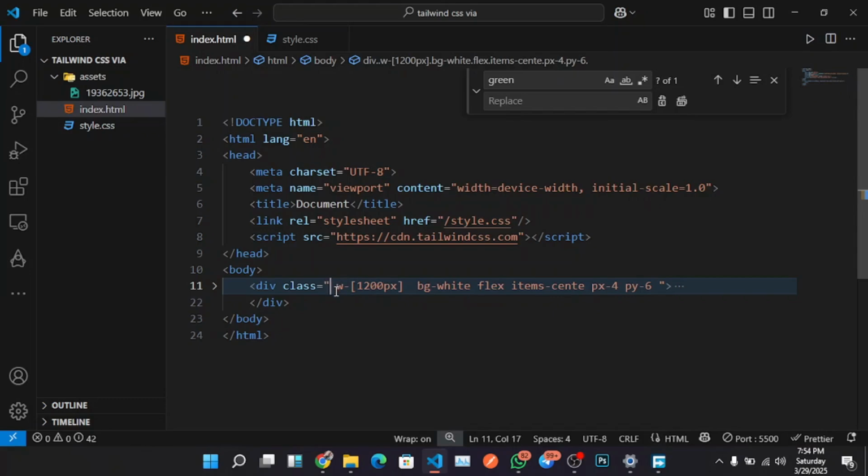We have SM, that is on a small medium, and then we have MD on a medium device, and then we have LG, that is on a large device. So initially we want this to apply on a large device, and we'll use LG, and we shall put this, and then when it comes